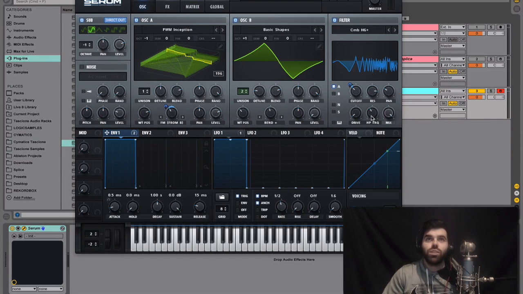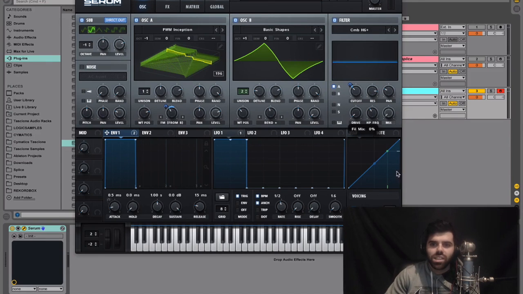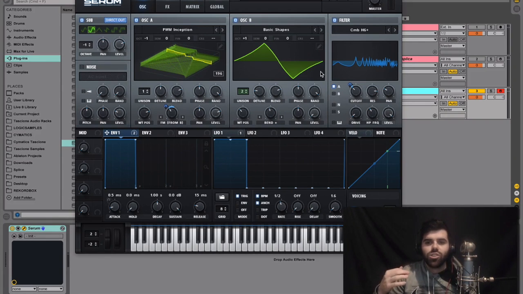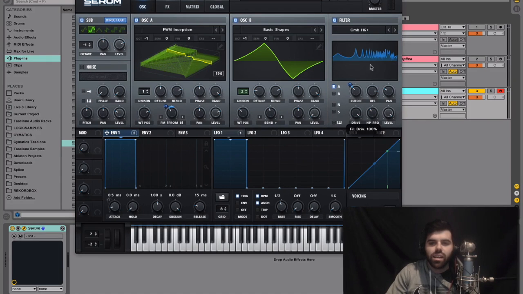And then this is actually really, really cool. If you select this, it changes from a dry wet mix to a level. So now you're adjusting the overall volume, and instead of adjusting the volume going into the comb filter, that volume will stay the same, but you can adjust the output volume of the entire signal after the filter. I thought that was so cool because I used to do it with the drive, but then you're almost clipping the filter and it's adding some distortion. So this is a good way to adjust the volume without clipping the filter. So let's just double check what we have right now.